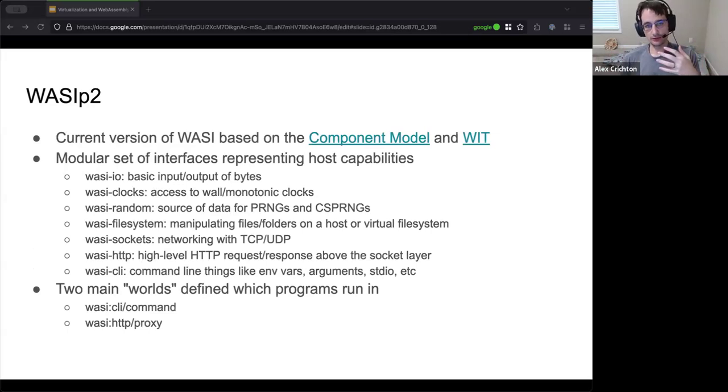This is all based on something called a component model, and the IDL now is called WIT as opposed to WITX. Again, I'm glossing over quite a few details here, but the general idea is that this is now intended to be a modular set of interfaces. I've got a whole bunch listed here, such as IO, which is input and output streams. You've got random for either cryptographically secure random number generators or just pseudo random number generators, and sockets for TCP, things like that. These are modular in the sense that, for example, in the web browser, you don't have TCP and UDP, but you do have random. And you do have HTTP both on the CLI and the web browser, but it's implemented in a very different way in the web browser, whereas on the CLI you might have sockets and things like that.